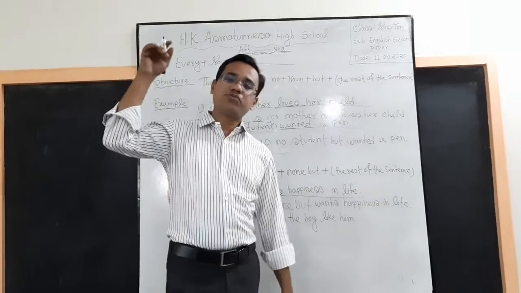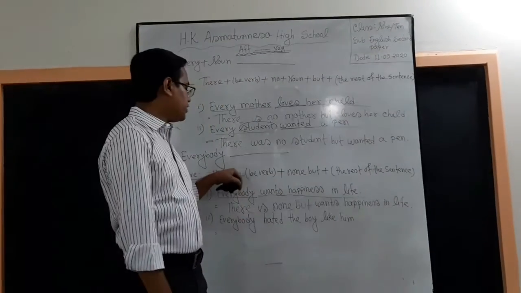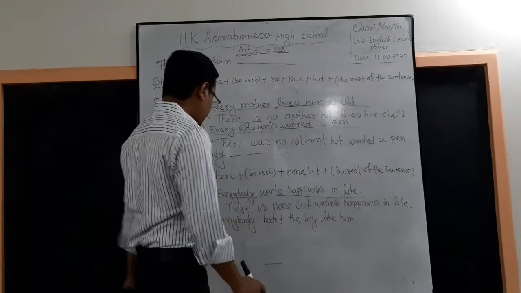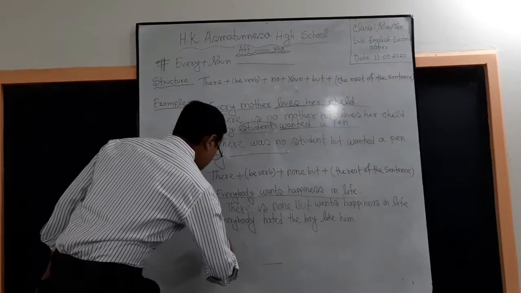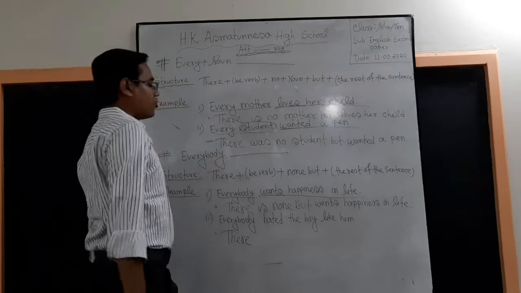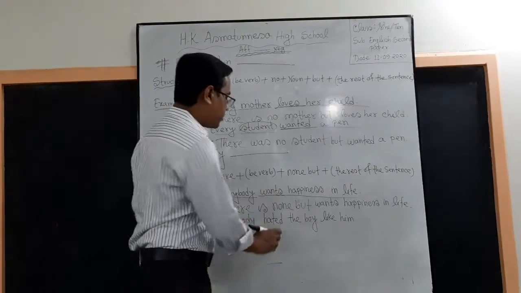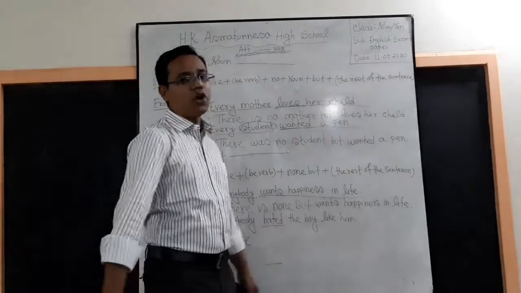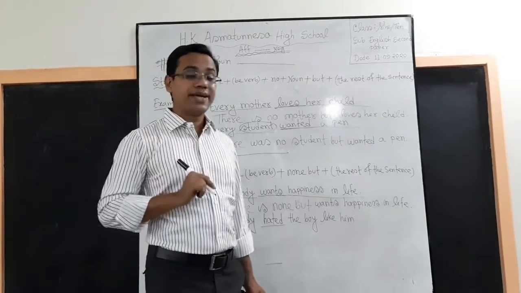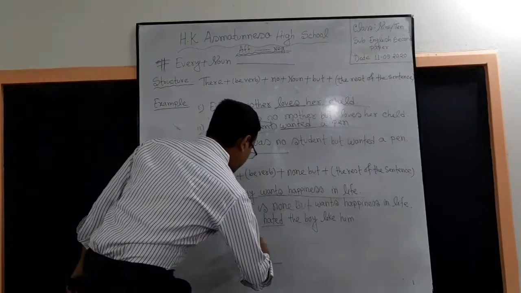So this sentence also starts with everybody, and this sentence will also follow this structure. So first of all, we have to write there, and we have to bring be verb. What will be the be verb? Since the verb is in first form, we have to bring was or were. So was will be the appropriate be verb of the sentence. Okay. So there was,